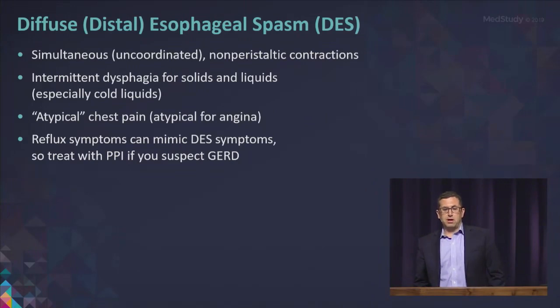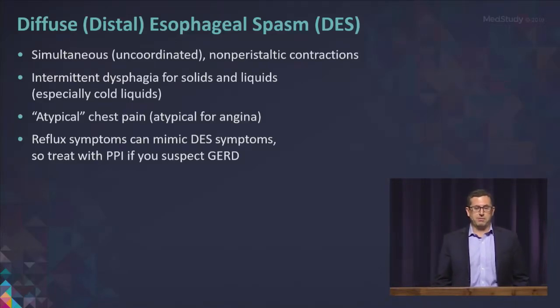So there is an entity called diffuse or distal esophageal spasm. The old term was diffuse, and now it's called distal. And what we see here is simultaneous, uncoordinated, non-peristaltic contractions. And this is an example of a pure motility disorder. So you'll see intermittent dysphagia for solids and liquids, especially cold liquids. That tends to trigger the condition. So if you see that on a test, that would be a tip-off for that. And often atypical chest pain follows